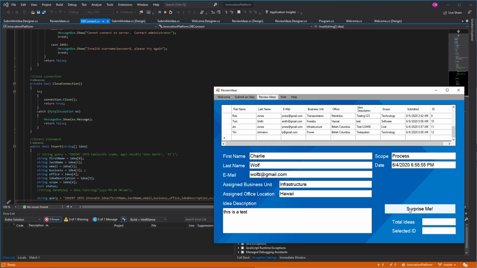The surprise me function, what it does is it'll count up the total number of ideas that are in the database, and it will randomly select a number from 1 until the top number of total ideas. So in this case, 1 to 12. As I roll through it, you can see that those numbers do indeed stay between those. You'll notice also as each of these selected IDs pop up, the appropriate information from the database will show up. So in other words, this is ID 11, Jim Jones, and here's his information, his idea, as well as the